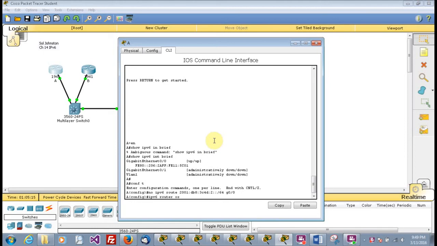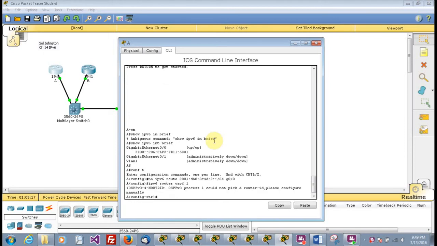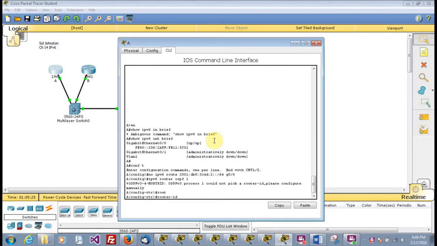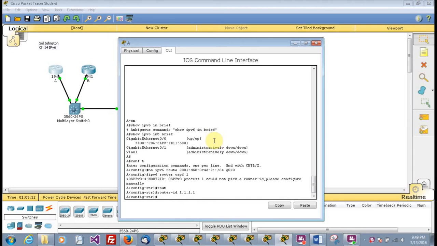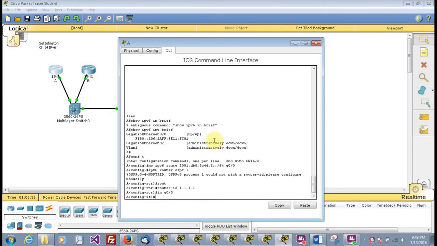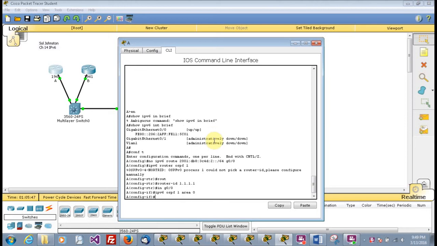OSPF1. And then what they want us to do is put a router ID of 1.1.1.1 and the interface G0/0. Put IPv6 OSPF1 area 0, and then go into our router B